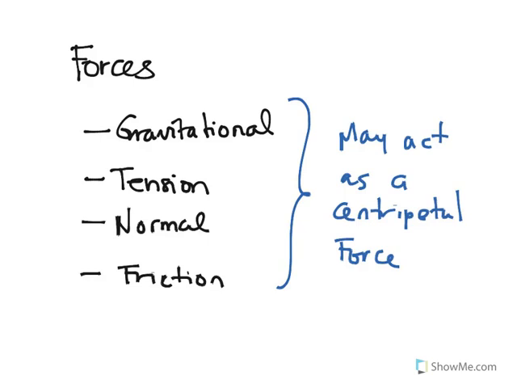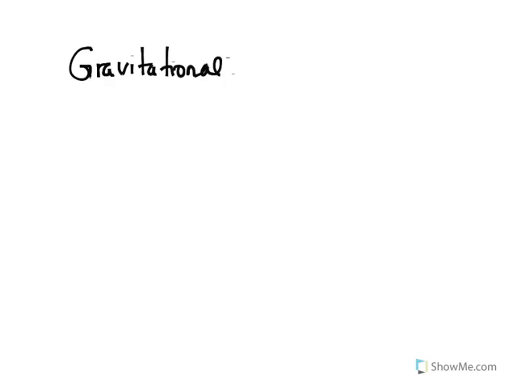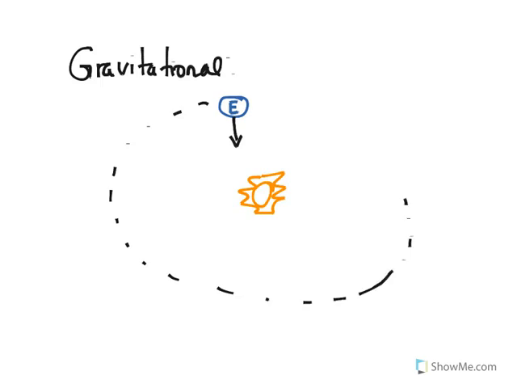Let's take some examples. The gravitational force is the force that is acting between, for instance, the Sun and any given planet. For instance, we can state Earth. Earth is being attracted to the Sun. And of course, this does an elliptical, not circular, but elliptical trajectory. But the reason Earth does not go towards another direction is because the Sun is attracting Earth and is acting as a centripetal force. So in this case, gravitational force is acting as a centripetal force.